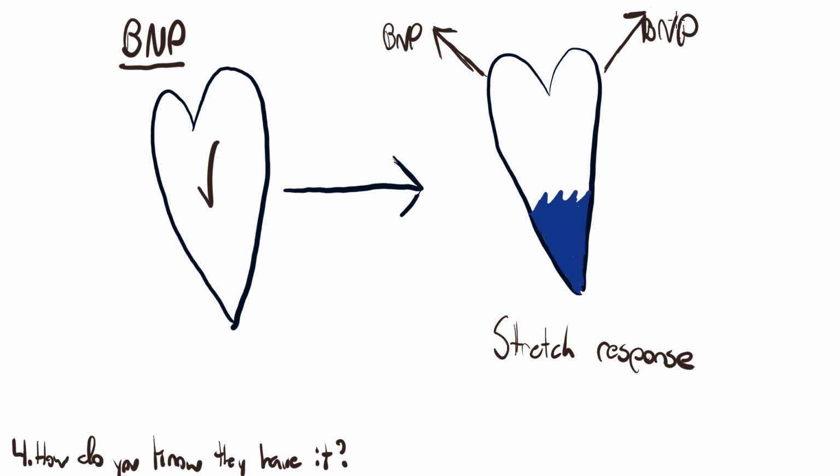Why is your heart stretching in heart failure? Because it has too much fluid in it. The more it stretches, the higher the number, the worse the heart failure. That's the big thing. The stretch response leads to the production of BNP, which you'll be able to see in a simple blood test. And these are pretty high numbers, like in the thousands, right? I've quoted BNPs at several thousand, and sometimes a patient's normal might be around 2,000 or 3,000, but when you have patients in the 10,000 range, that's when they really are sick and need to stay for some IV diuretics and close monitoring, things of that nature,